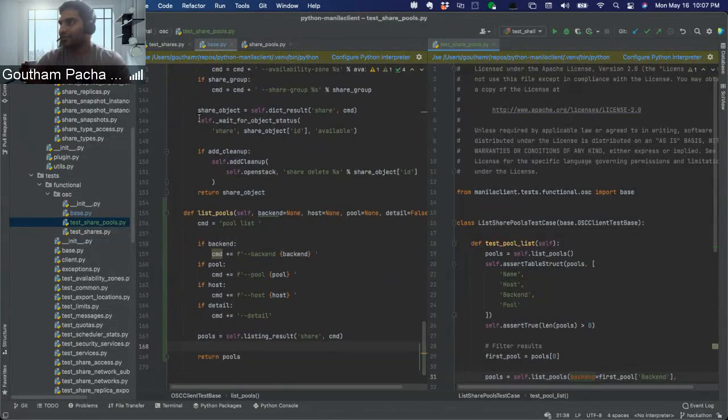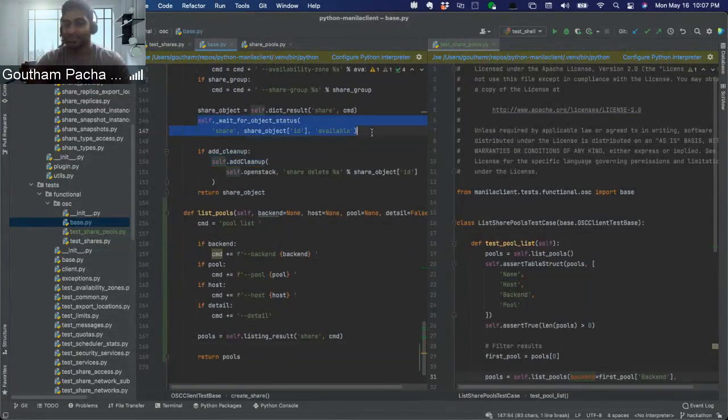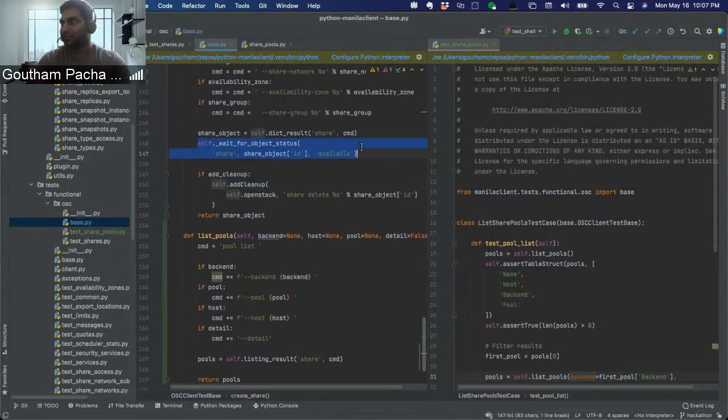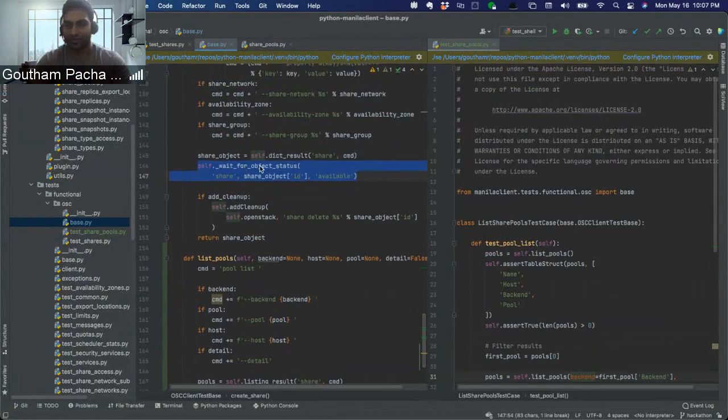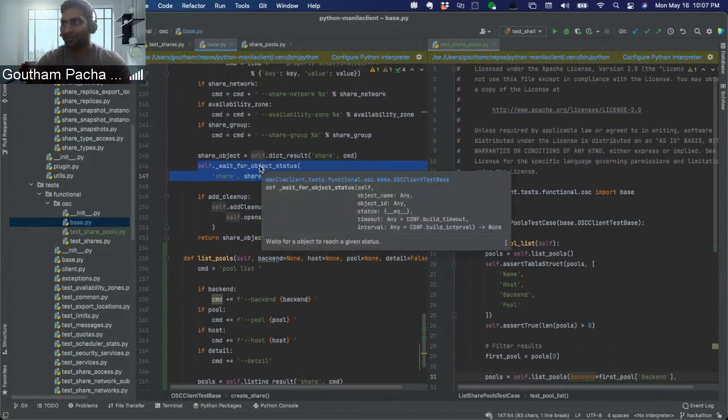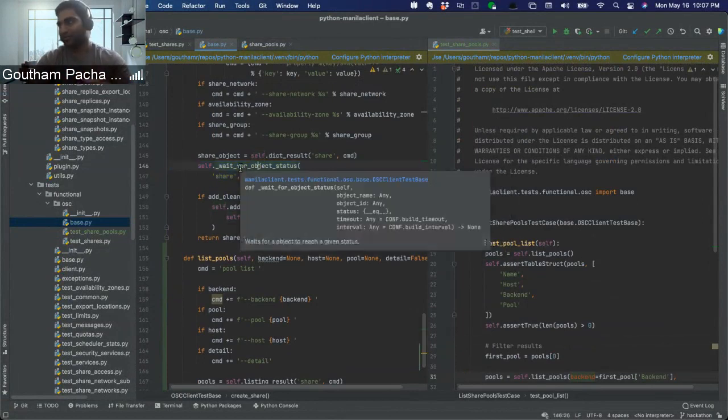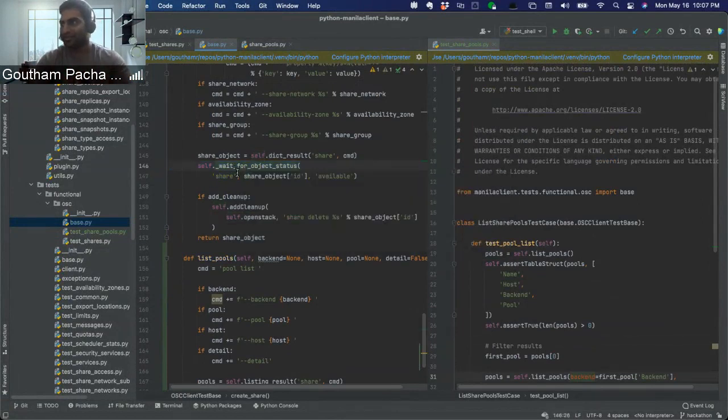Yeah, some of the things to point out, I think, would be stuff like this. If you're trying to do some action, you might have to wait for things to get created or ready. For example, if you're working on replicas and you want to make sure your replica is ready for promotion, then you want to make sure that the replica state has gone to in sync, etc. So you might have to end up adding a waiter like this. Like in this case, she's waiting for the share object to become available,